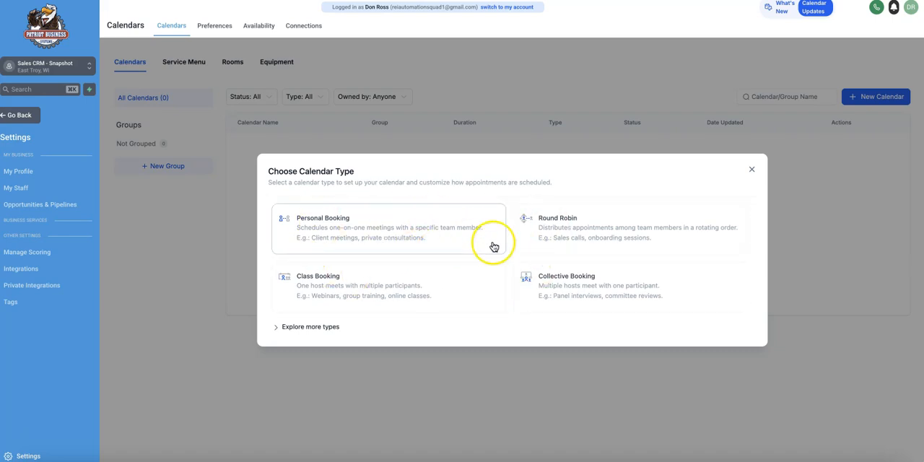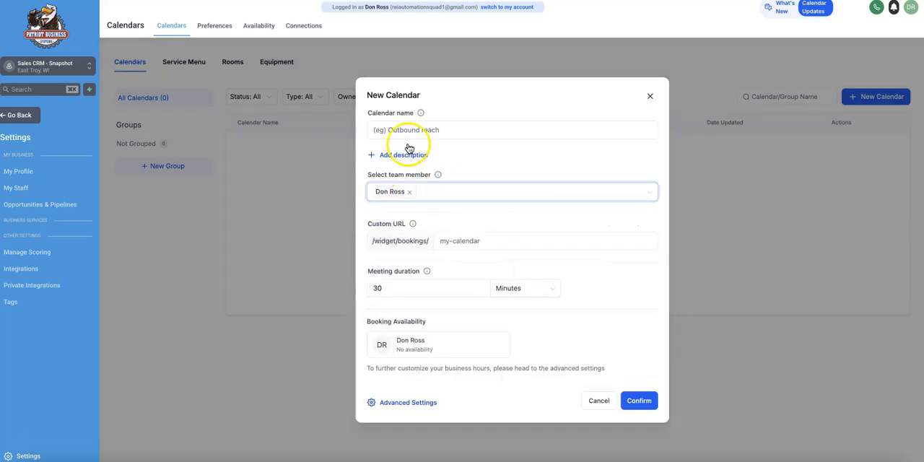You can determine which one you want to use. If you're obviously rotating between team members, round robin might be a good thing. Collective booking is basically allowing somebody to pick who's available. So if somebody's available at 10 and they need a 10 o'clock appointment, then it would book to them. That's kind of what that looks like. Otherwise, personal booking,